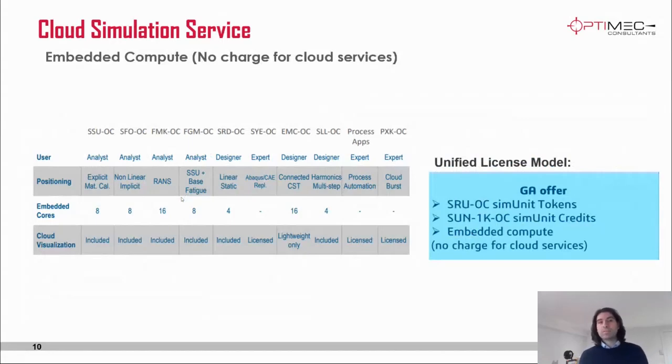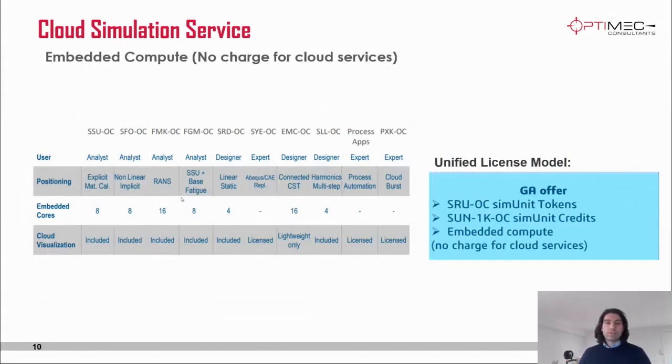The new amazing thing is that you can run your simulations on the cloud and use 16 cores free of charge. This is basically giving you an HPC worth $20,000 for free with your simulation role, so you should take advantage of this. It's really amazing. It's going to free up your local resources, and you're going to be able to do more simulations if you want.